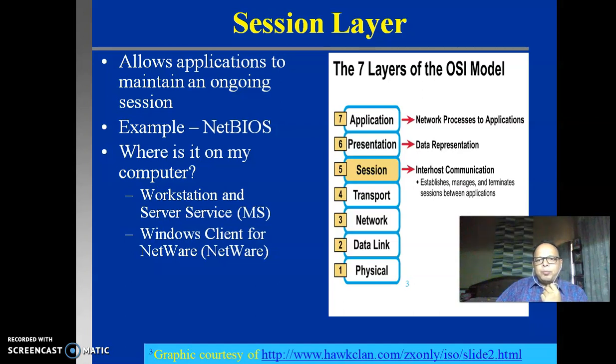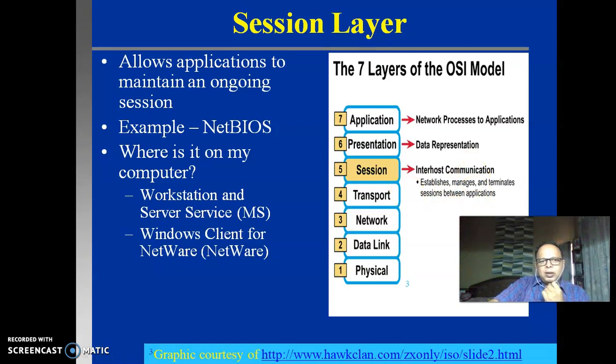Everything now, we are talking in terms of applications. Email is one application, or FTP is another application, or if you open a particular browsing window, that is the third application. Today the users have a habit of opening multiple applications on a single node, and these applications correspond to, might be, multiple applications on the other node, but all these applications talk to each other, and this inter-host communication is taken care of by the session layer.